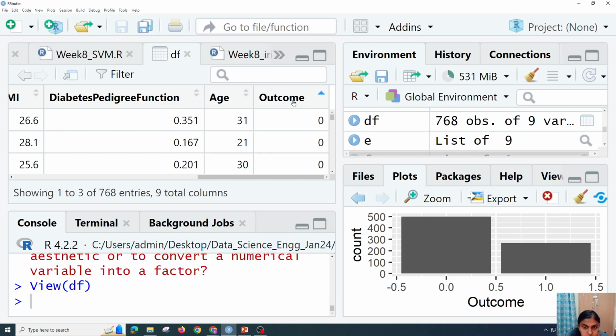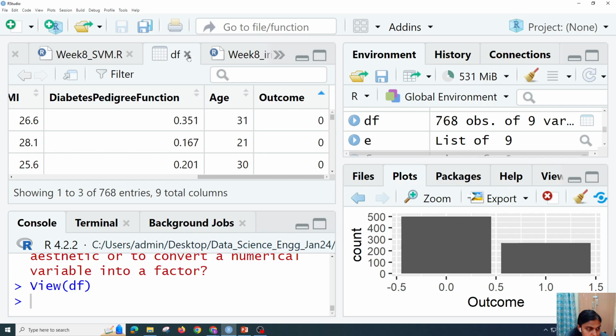But in this particular case, if you hover over this column name, it's given as numeric with range 0 to 1. That means it is accepting it as a numerical column, not a factor column, which means you can't have a classification algorithm applied to this data set because your